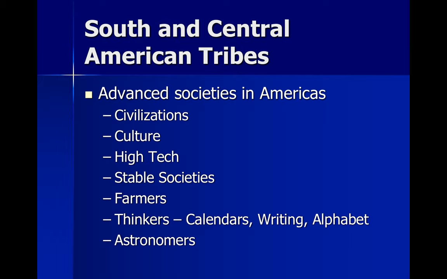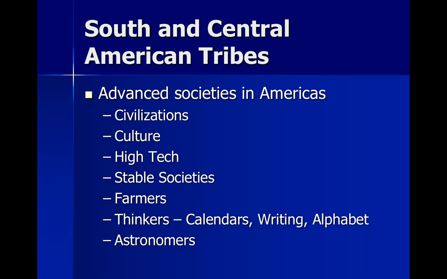The Aztecs, Mayas, and Incas all came from South and Central America. They had advanced societies. They created civilizations. They had cultures, the way that they did things every day. They were high tech and they were stable societies. They were farmers. They were thinkers. They created calendars and an alphabet, and they studied the stars and the moon and the sun. All these cool things that they were able to do because they knew where their next meal was